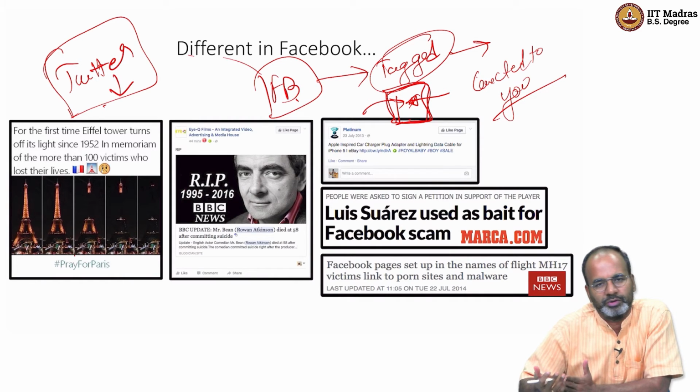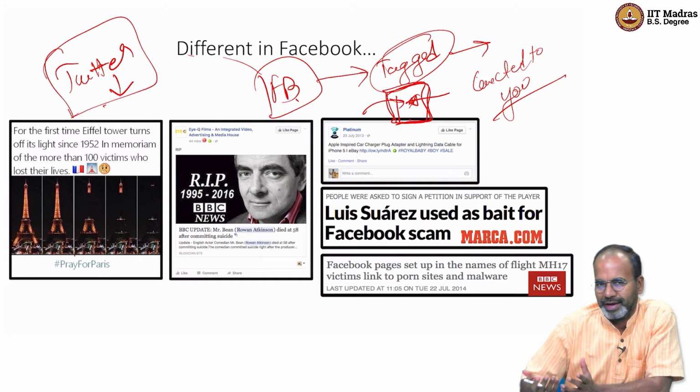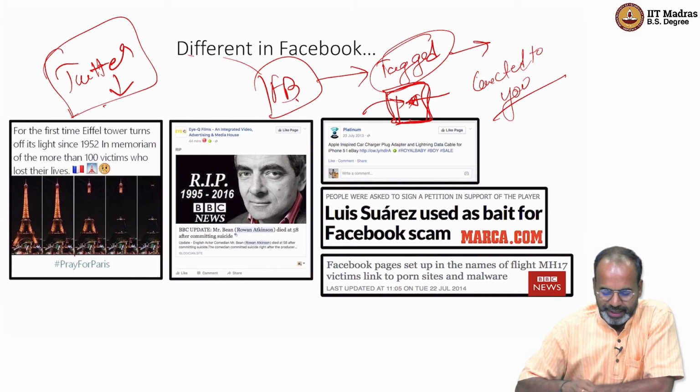And of course the features also differ. In Twitter the followers are there, in Facebook the friends are there, but you can't really get them because it's kind of closed. I could set up my Facebook account where you don't even get to see the number of friends that I have. So that's why we started looking at Facebook as a different model that we want to build. Pratik actually worked on this.